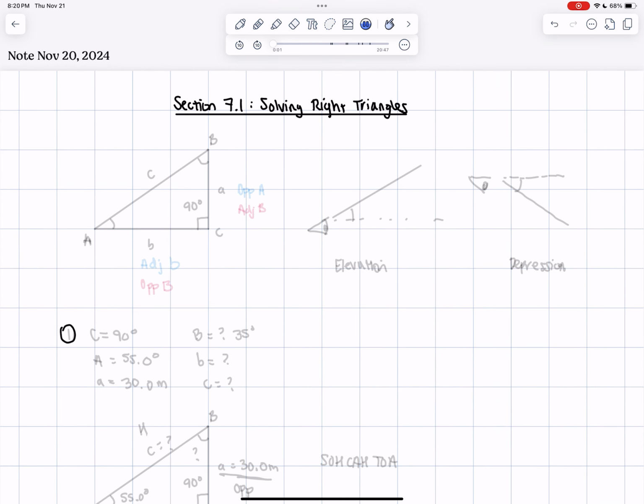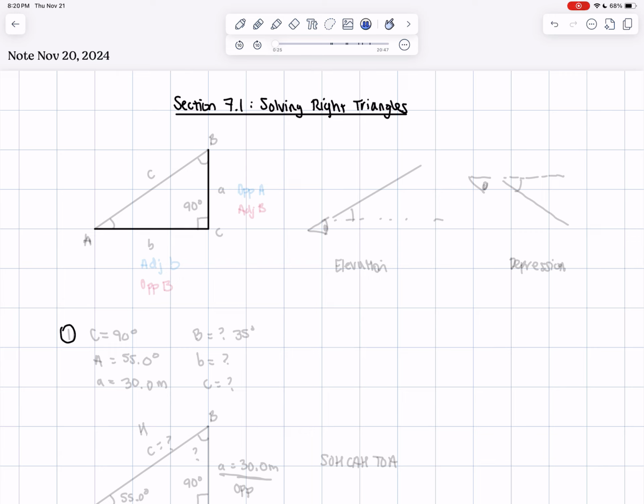So this is a video on section 7.1, solving right triangles. In chapter 6, we reviewed how to find the sides of a triangle, but in 7.1, we introduced trying to solve for angles. If I draw a triangle like this,